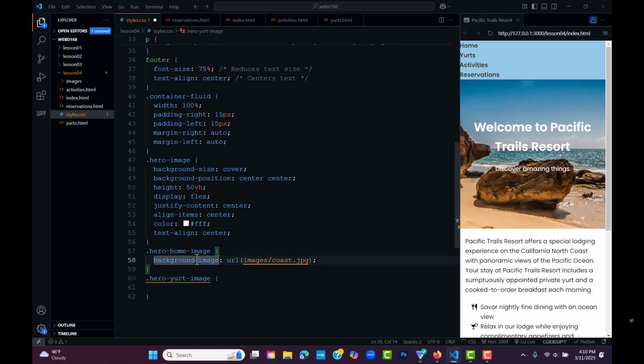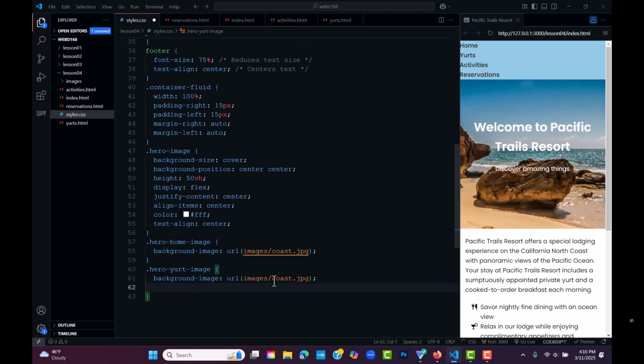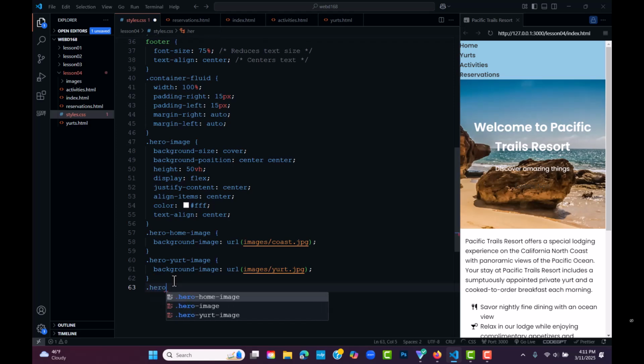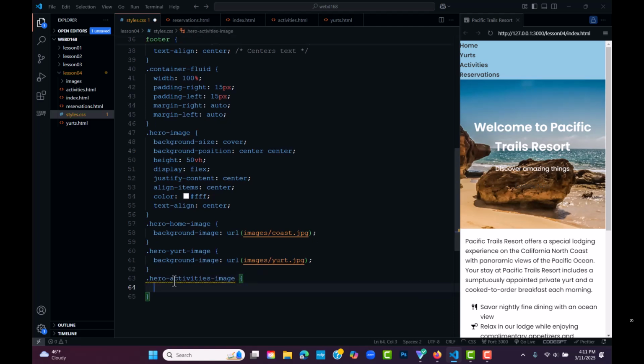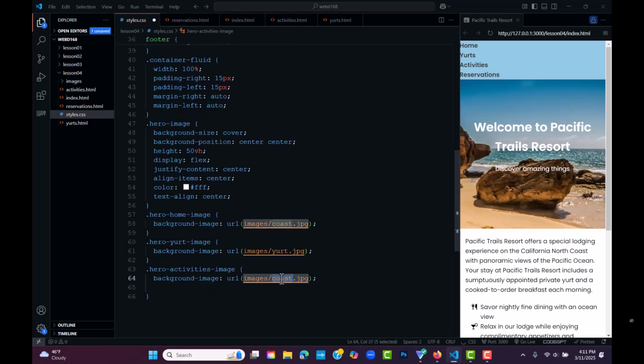and I'm just going to copy this. And it's going to be Yurt. The next one is going to be .hero activities image. And I have that in my memory. And this one is going to be trail. And then the last one will be